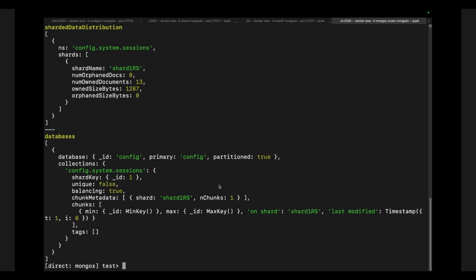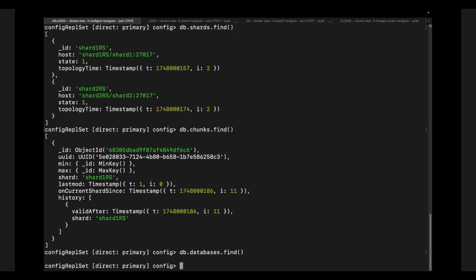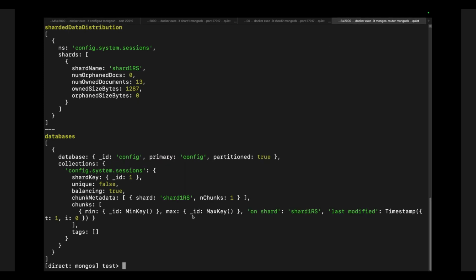Let's say we want to shard a database called shopdb. If we go to the config server and run db.databases.find, you will find nothing. Now let's shard a database with sh.enableSharding on shopdb.